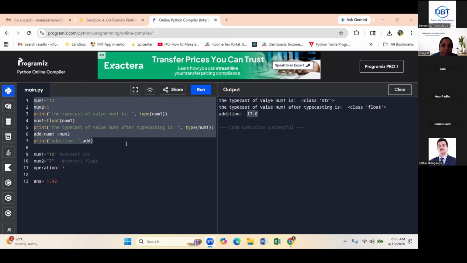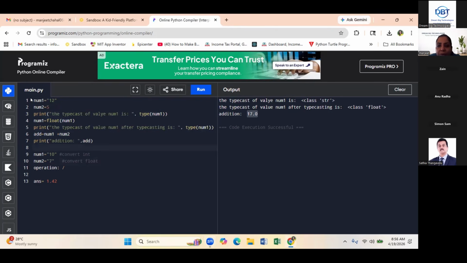Where did you post the code in the chat, Manjeet? No, I did not post any code in the chat. Here is the question which I have given you already, and I have told you the answer also. The answer has to come. So you have to do it and share with me.